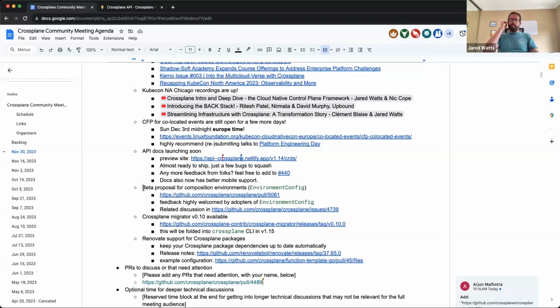Cool. All right. So then the next item here is Philippe is not able to make it today, but as we mentioned before, he has been doing some work on defining what it will take to move the composition environments or environment config stuff to beta. So this is the pull request right here, 5061.